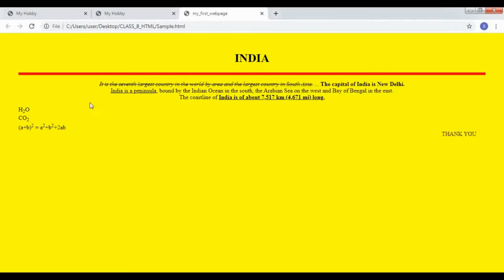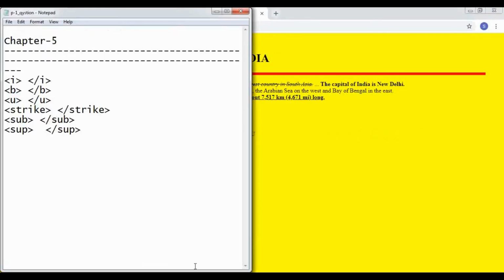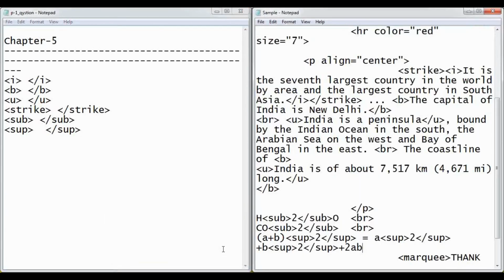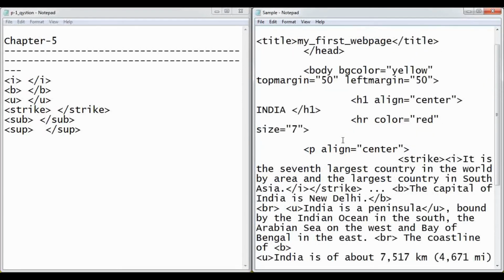So this is how we use the strike tag, the superscript, and the subscript. These are the other tags which we have used. Now let us come to the next set of tags. This set of tags will be used to emphasize or to change the font.